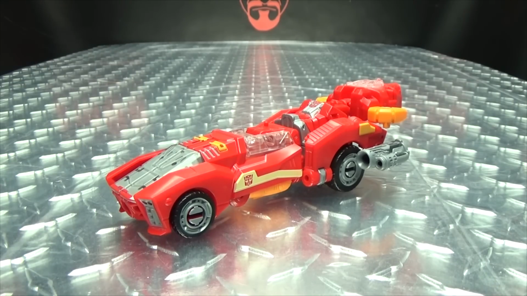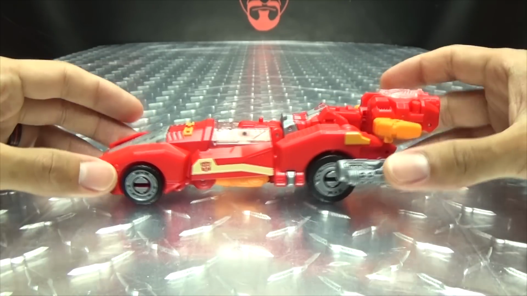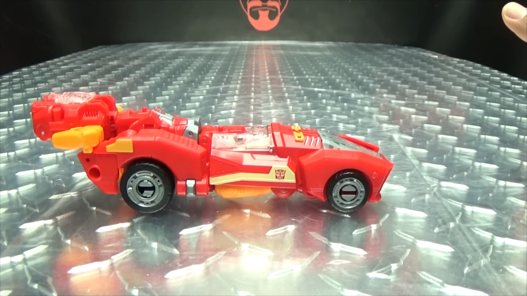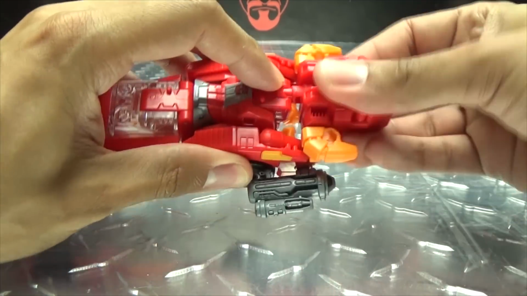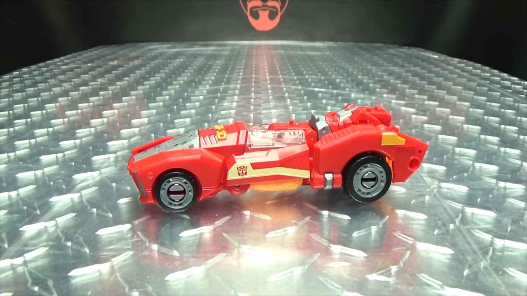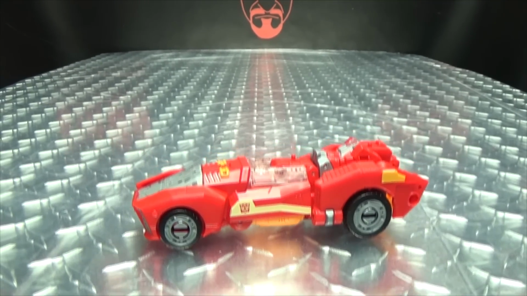So yeah, that is basically it for the alt mode. So let's get down to transformation, shall we? Let's. Got a good spin there. So first off, let us remove the Prime armor, put that off to the side, remove the gun, put that off to the side, and as usual, we will go through the combined modes, and then we will get down